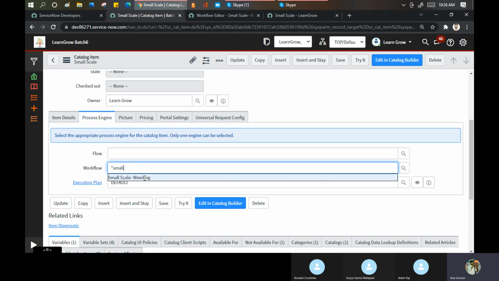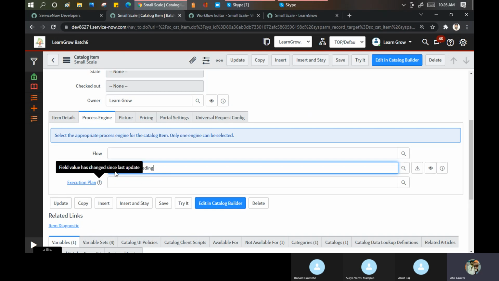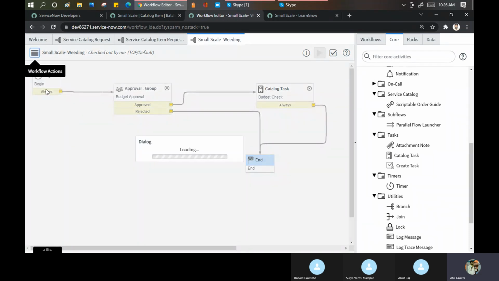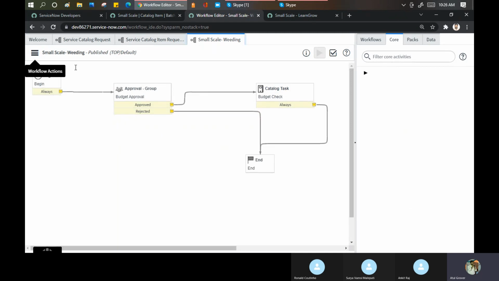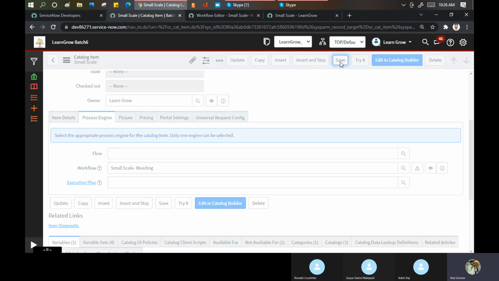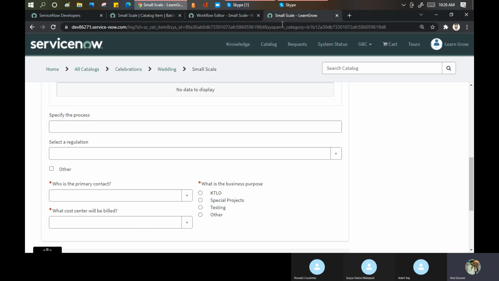See, it is there, but it will not work. Why? Because it is checked out. And now did you notice? I put the workflow, the execution plan has gone. So out of these three, only one value will exist at a given point of time. Before that, I'll go and publish it. Go here and publish, so that it can be utilized in the runtime now. I go and save. Done. I go and reload my page.